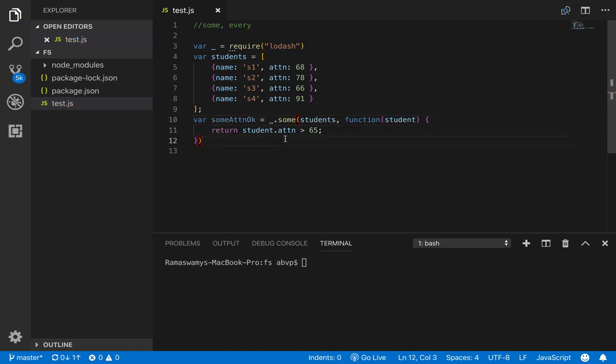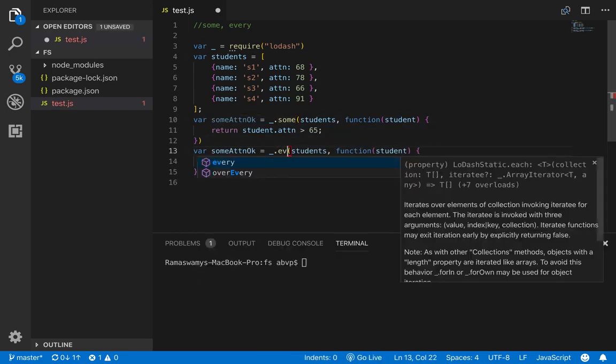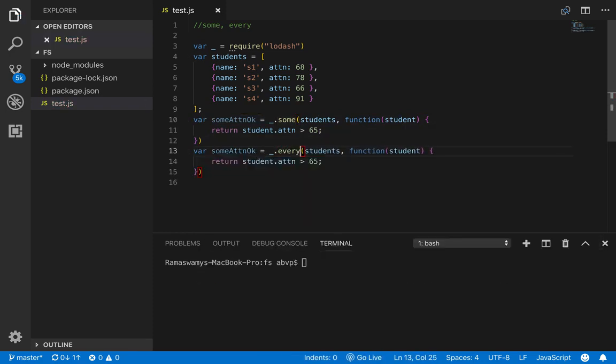Okay, so similarly, let us now pass the students array to the every function. So let us copy this code and now call every and have the same condition, student attendance greater than 65, and save it in a variable called all attendance okay.